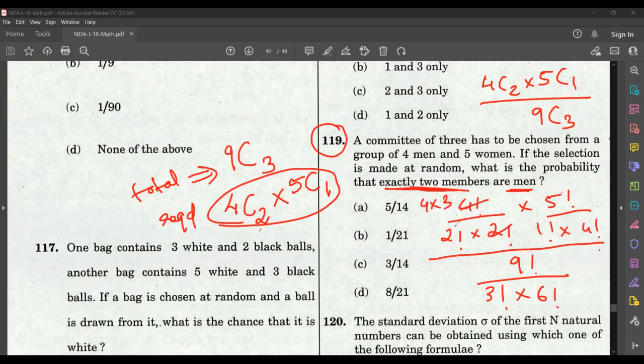So 4 into 3. So here 2. Then here you will be getting 5. So here 2 into 3 into 5. Here you will be getting 9 into 8 into 7. Then here 3 into 2 is there. So you'll get 4. You'll get 3. So it is 2 into 3 into 5 divided by 3 into